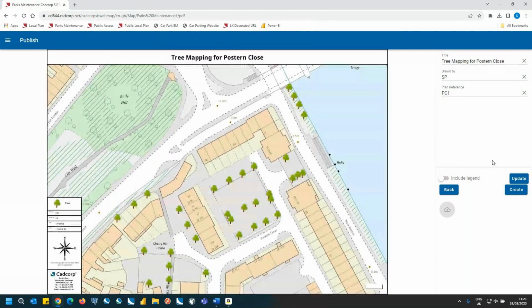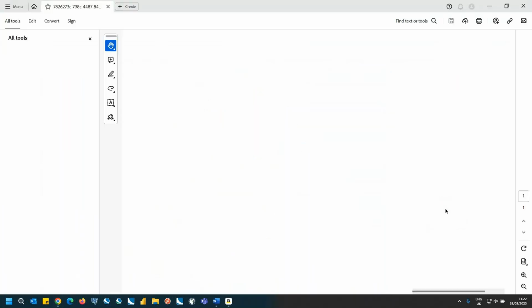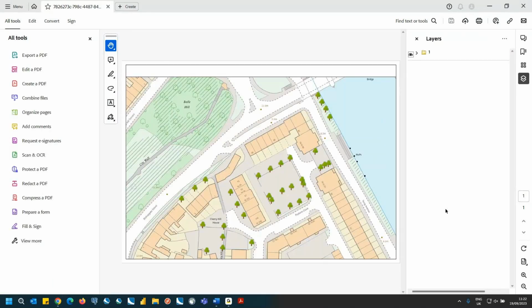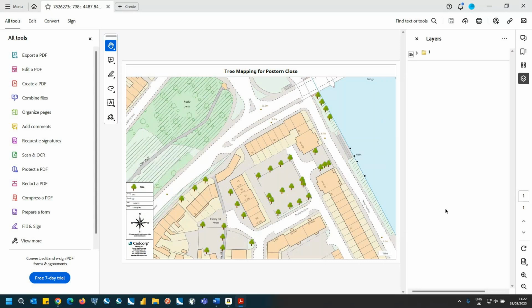So at the top here, we can see my title has been added. And then once we're happy with our print layouts, we can create and download that as a PDF file. And obviously the benefit of creating a PDF is that you can store it, share it, and you can print it. And with this application here, it also creates an interactive map document as well,